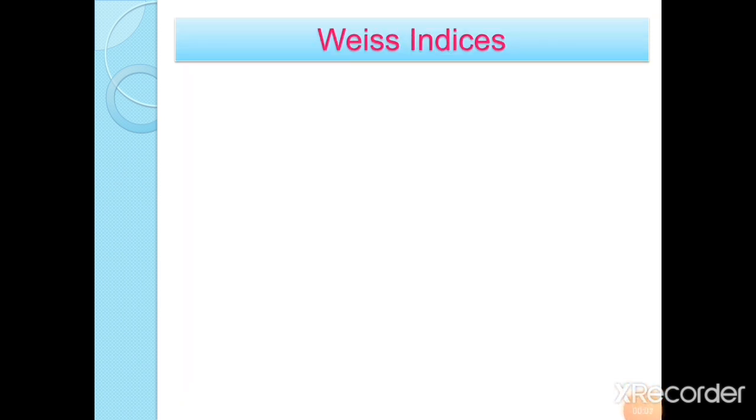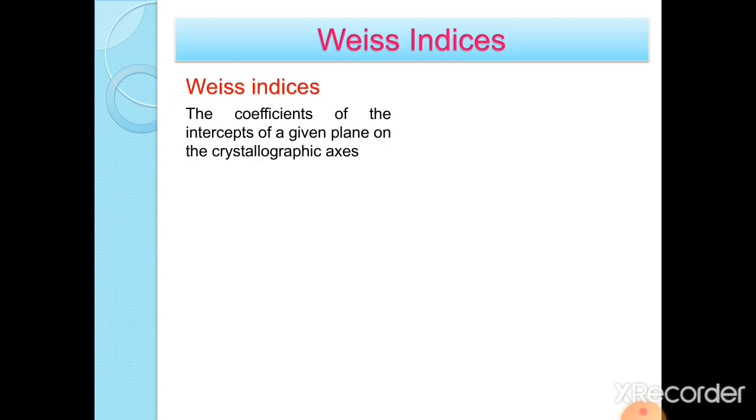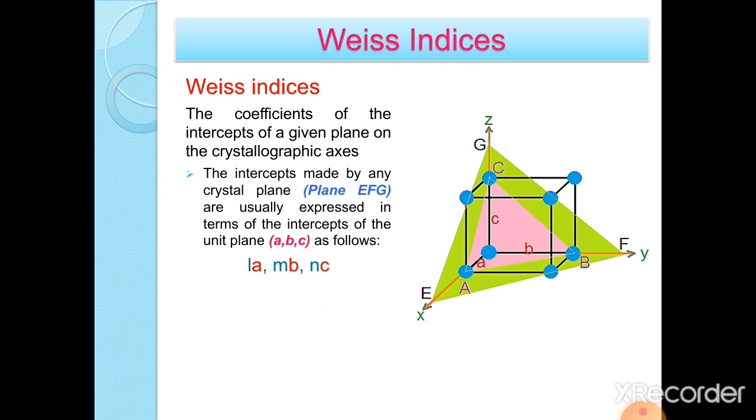Now let us know what are Weiss indices. Weiss indices are the coefficients of the intercepts of a given plane on the crystallographic axis. The intercepts made by any crystal plane are usually expressed in terms of the intercepts of the unit plane as follows, that is as la, mb and nc. Let us try to understand this with the help of this figure. Here